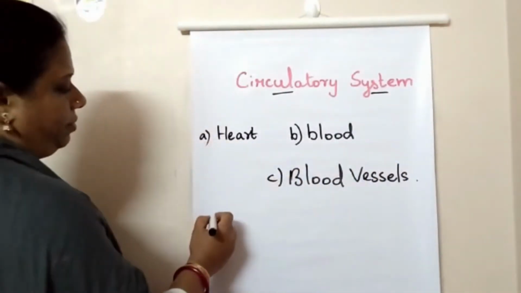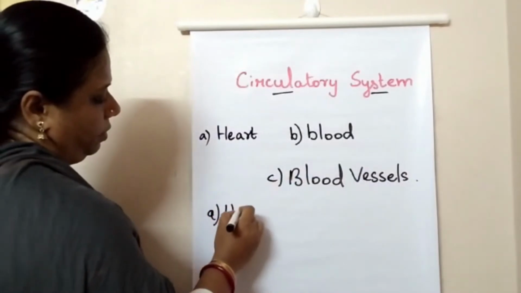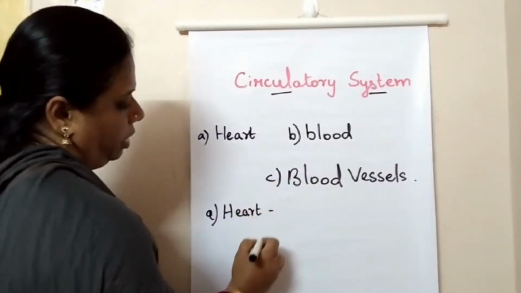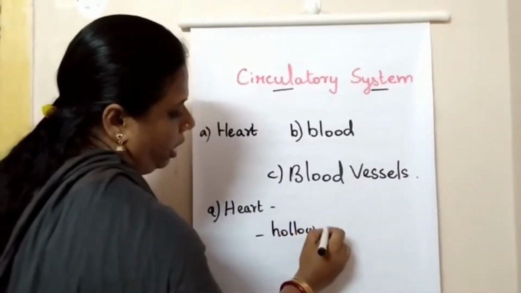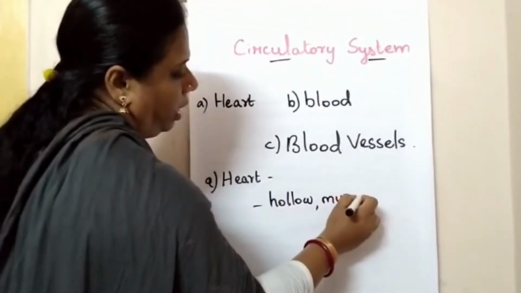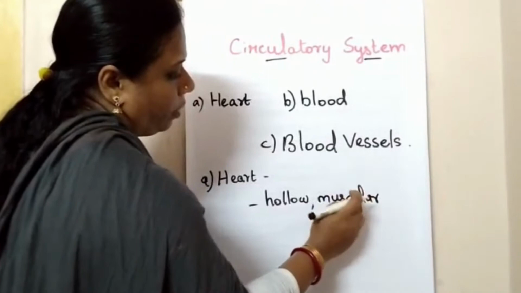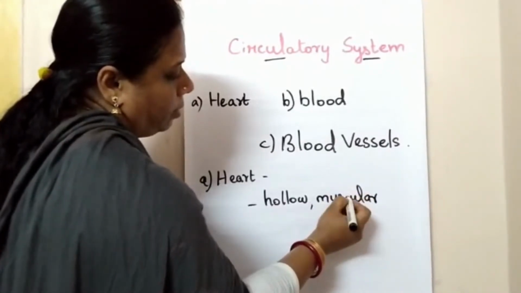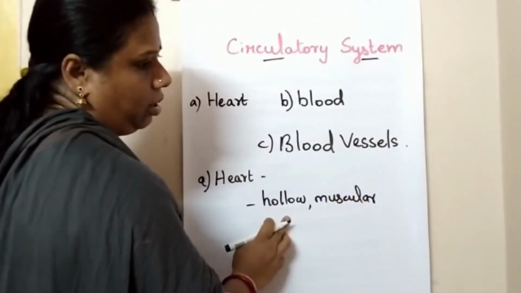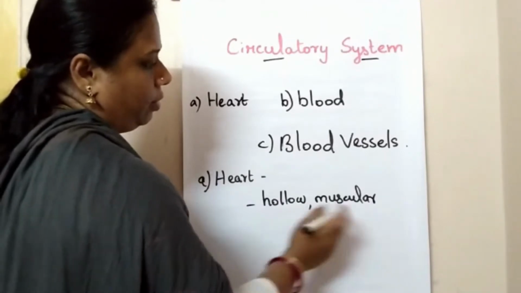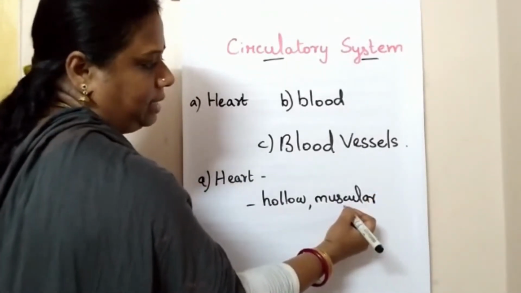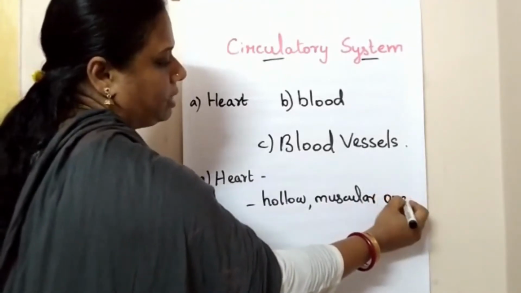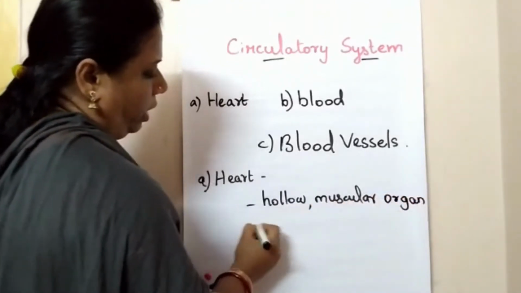So, heart. It is a hollow muscular organ. Hollow means an unfilled space or cavity. Muscular means the heart is made up of fully muscles, isn't it? It is a hollow muscular organ, conical in shape,